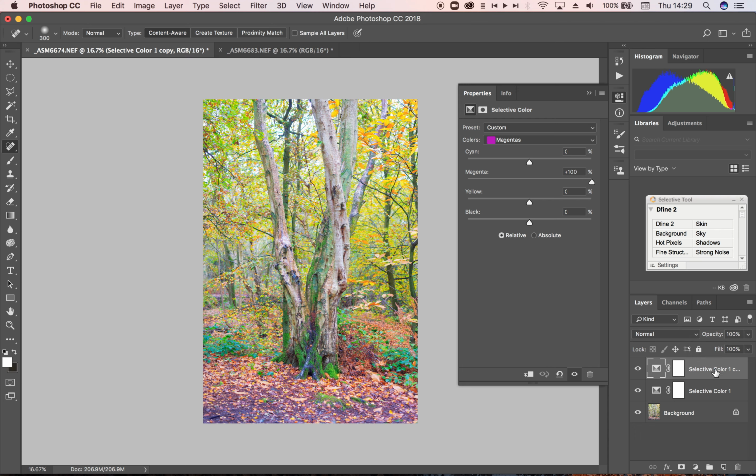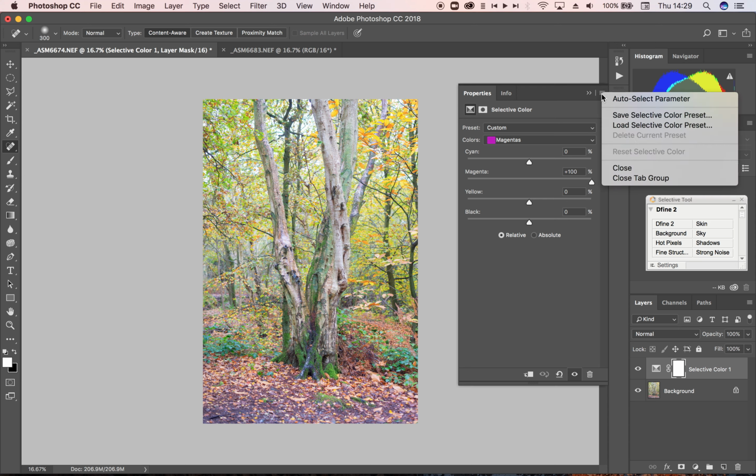Now what I'm going to do is I'm just going to delete this added layer again, because I think that's probably a bit too much for this image. You don't have to do this for every picture. If you like this effect, all you need to do is, up on your Selective Colour panel, if you go up to the top right hand corner, there's a little square of lines. If you click on that and click on Save Selective Colour Preset,